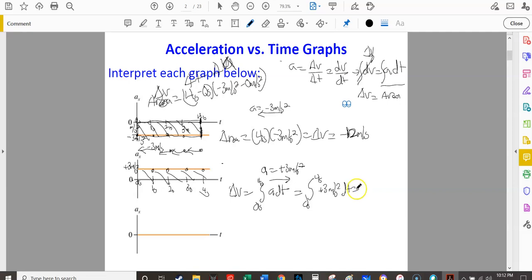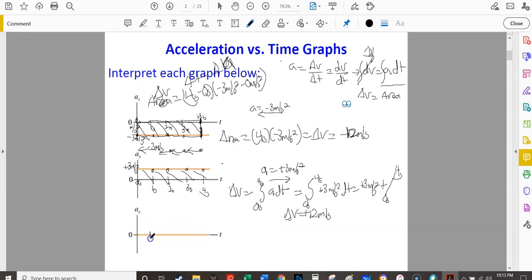dt, which is going to work out to be positive 3 meters per second squared times t from 0 seconds to 4 seconds, which is now going to work out to be 12 meters per second. It'll be positive. Okay, so it's going to work out to be the opposite of this. I also want to point out that in this case we used area to figure out the change in velocity, and it's actually kind of in a weird way a negative area, and so this area relative to the 0 meters per second squared part, it's always relative to the 0 meters per second squared part, was a negative 12 meters per second, and then we used calculus to find this guy's area under the curve, which worked out to be a positive 12 meters per second. Okay,